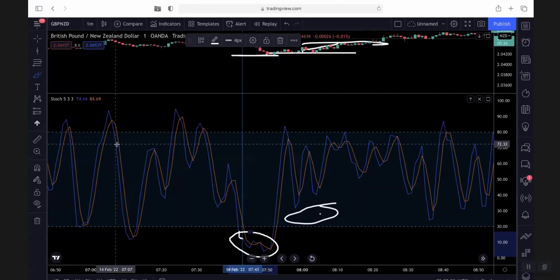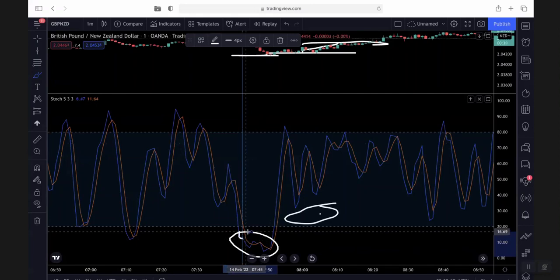And there are scenarios where the 1 minute is at the oversold and the 5 minutes is at the oversold at the same time. That's when you know that there will be great momentum. That's when you can expect some momentum, when they're at the same levels on different time frames, at the same divergence levels at the same time. That's when you will know something very, very quick can come out from there.